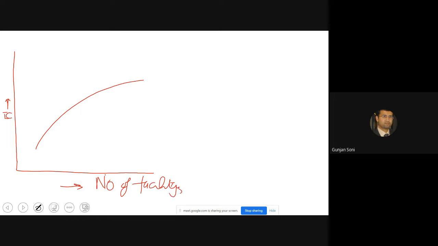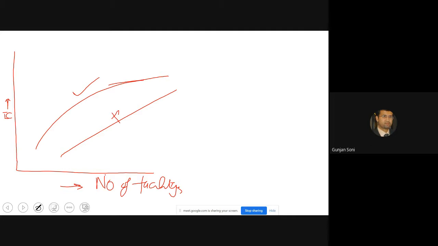Initially, you can see the inventory cost keeps on increasing. It's not a straight line, but rather a kind of a curve. As you increase the number of facilities, your inventory cost keeps on increasing, and the slope keeps on reducing over time with the increase in facilities, because